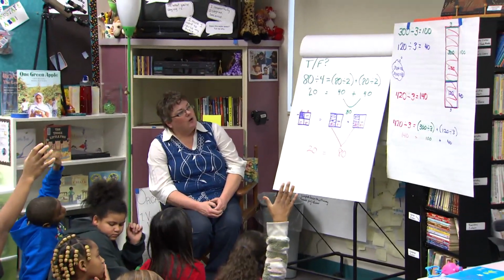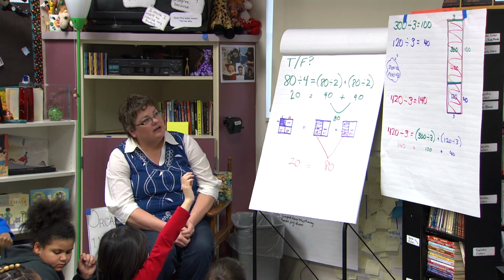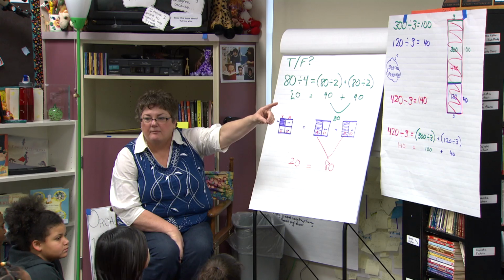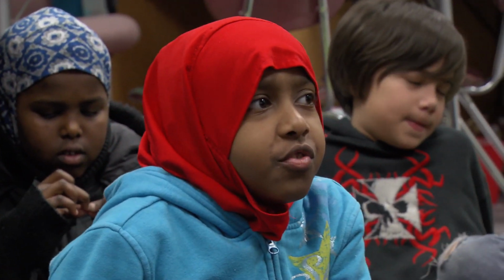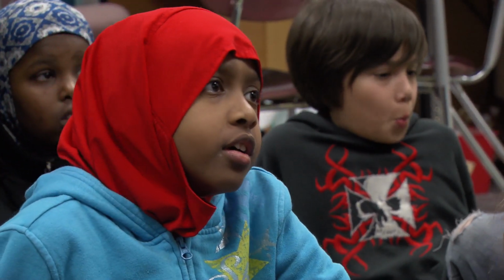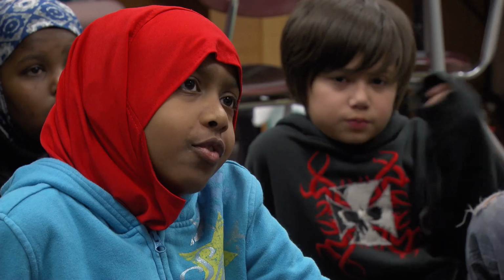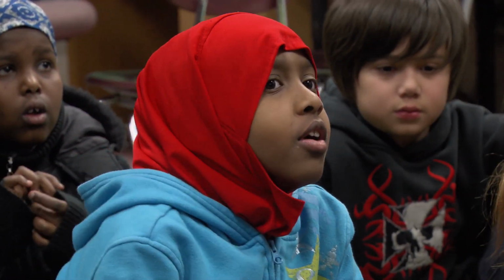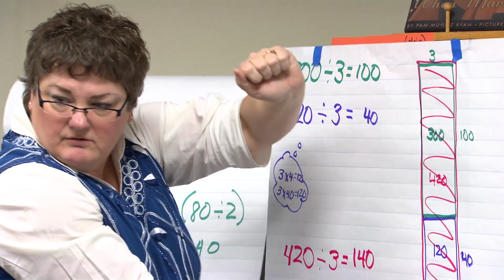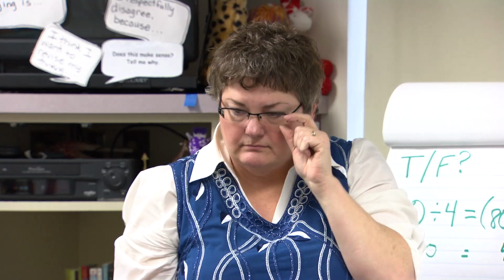About what is being counted, or what is the thing that we're dividing up in that problem over there? Hanan, what are we dividing up over there? 140. Sorry? 140. What is the whole thing that we're dividing? 100. So like all the squares in here, how many squares are we dividing? 20. How many? 20 divided by